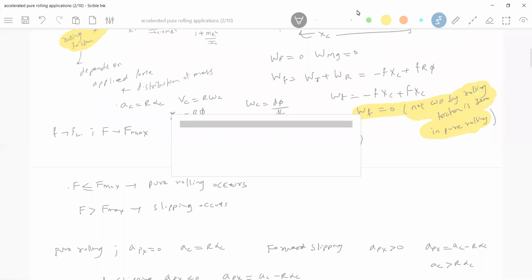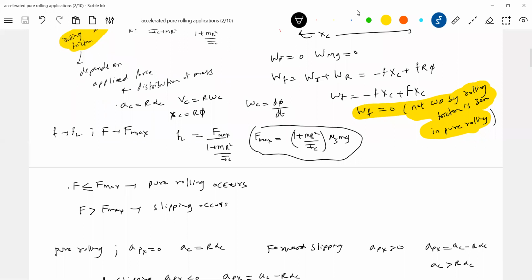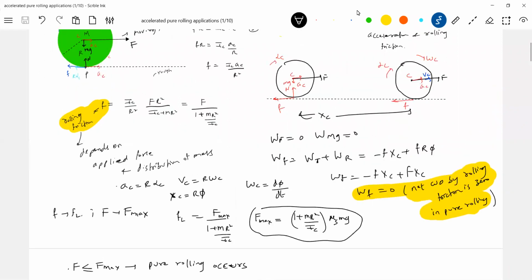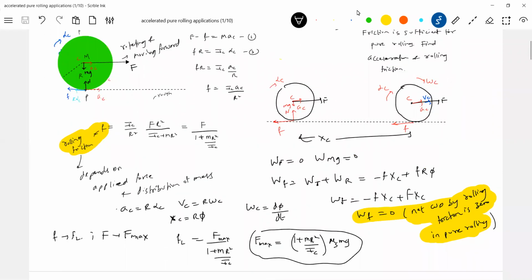The statement that for all values of applied force the rigid body will have pure rolling is wrong. I think this condition is being put. So instead of this, in the books they say the friction is sufficient for pure rolling. What does it mean? The applied force acting on a rigid body is less than F max. This is the meaning of that. Please do understand here. This is very important. The friction is sufficient for pure rolling. What do you mean by that? What is the meaning of that?